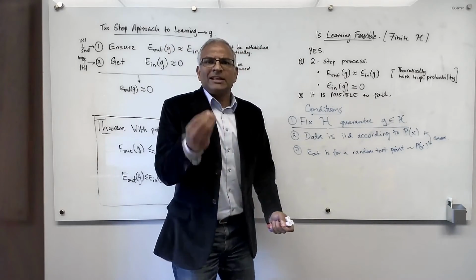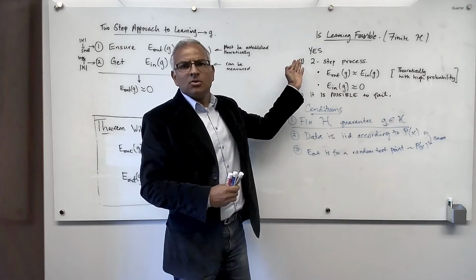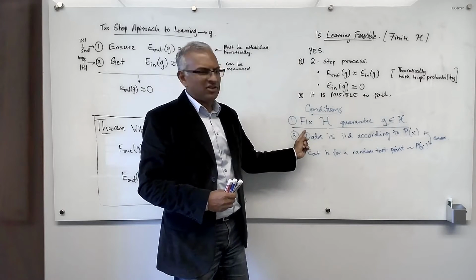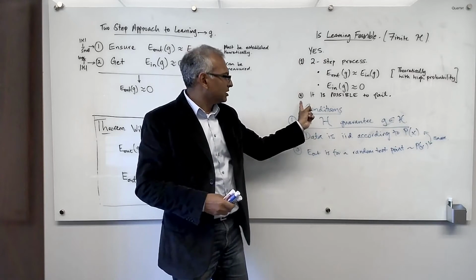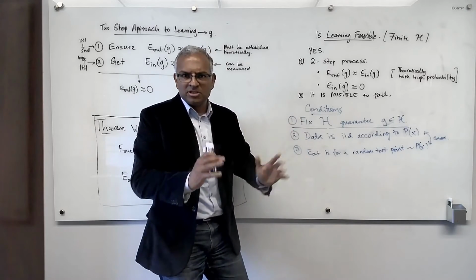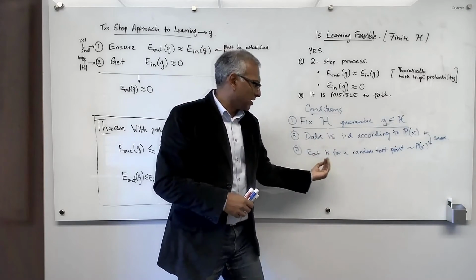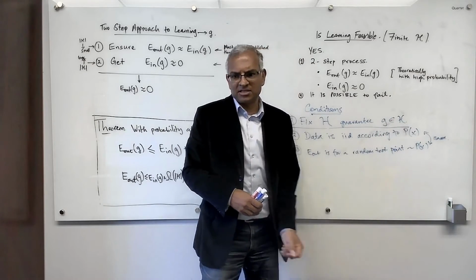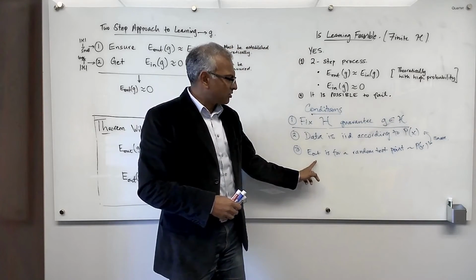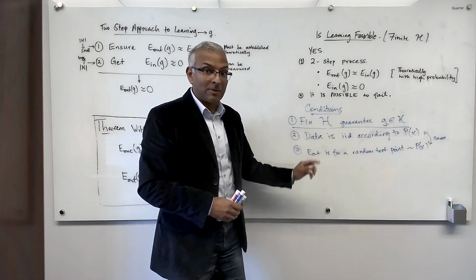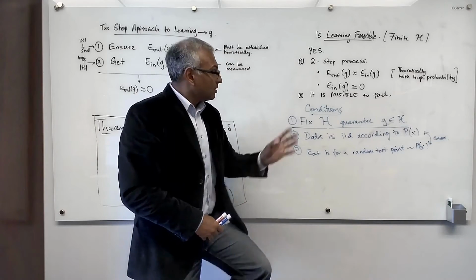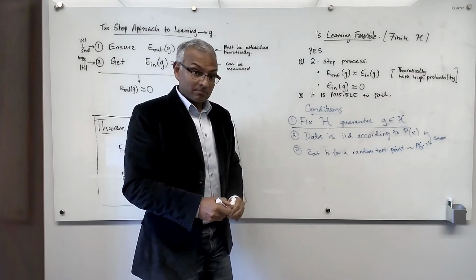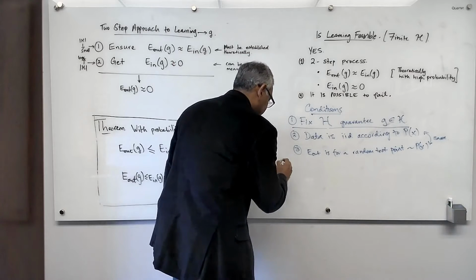Now, what are the prices we had to pay in order to make learning feasible according to this 2-step process? So, you fix the hypothesis set and that introduced the possibility of failure. The data has to be generated according to a probability distribution and the target test point has to also come from that same distribution, the same bin. You're testing yourself on the same bin that generated the data. But what did we gain? Well, we gained the ability to learn according to this 2-step process, and look at the generality.